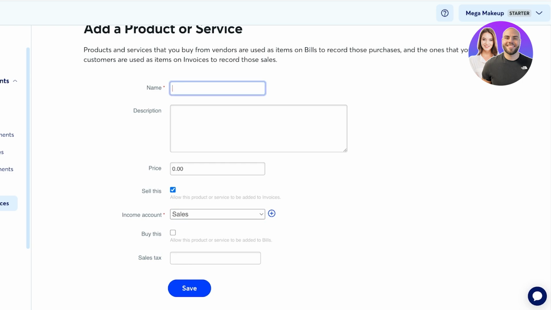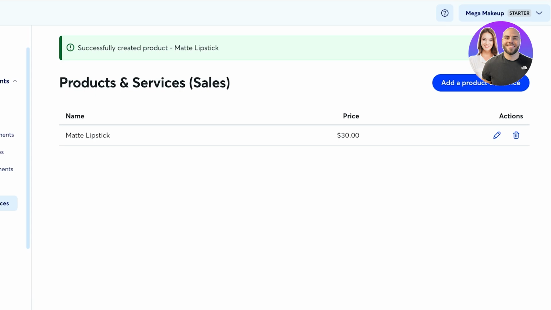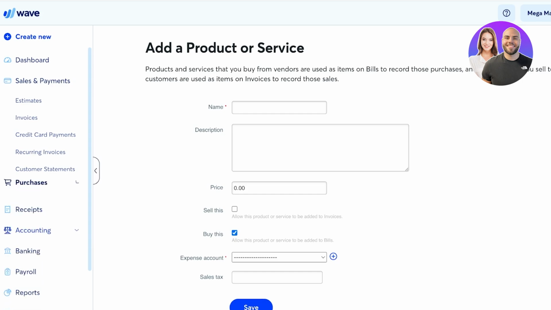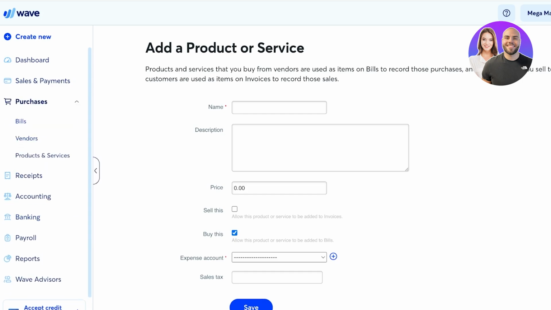Let's say this is going to be our matte lipstick, and the price of each one of these is $30. Then we're going to click on save, and we can also add our sales tax. Now, if you're purchasing products from other businesses, you can click on buy this, and this would be added to your bills. Bills means things that you are paying for, whereas invoices are sent out to people that are paying you. Now below that, we have our purchases, which includes bills and vendors and products and services you can add